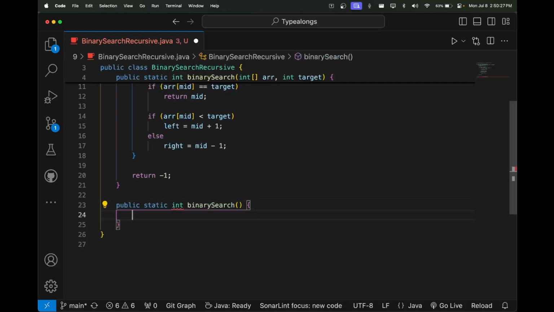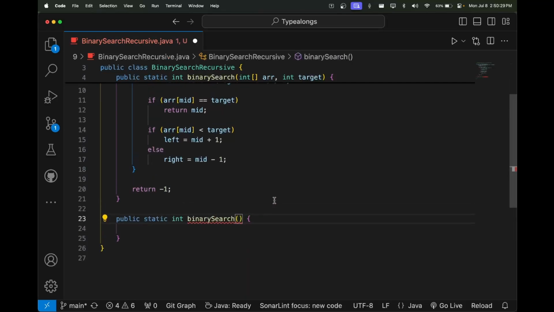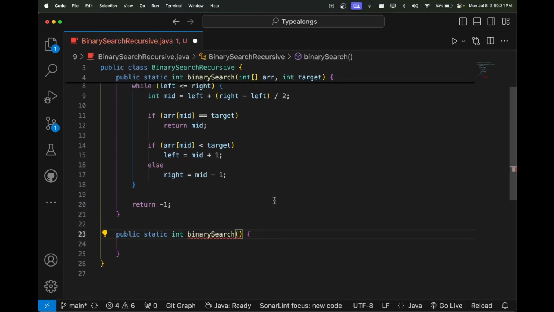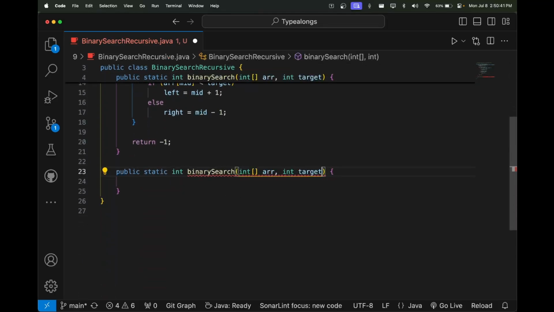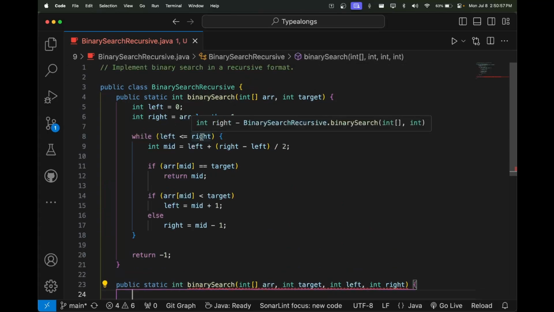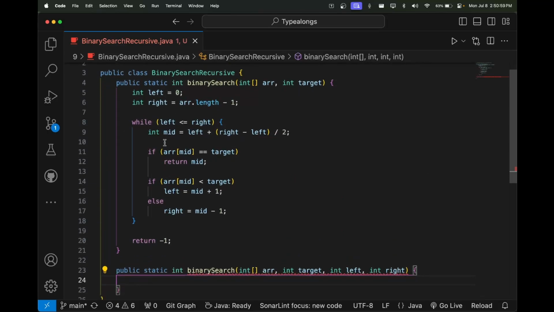So binary search is going to be our method name, and by Java convention, we are allowed to have the same method name, but we need to change the parameters. So let me copy and paste these two. These are our 2 parameters, but we're also going to have an int left, and then int right. So we have 2 integers for the left and right indices, right? So instead of writing this for loop, we can just go directly to an